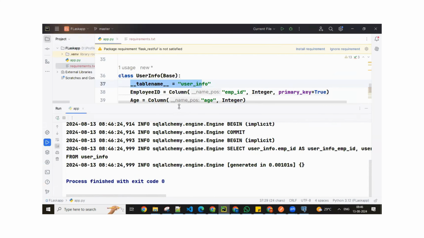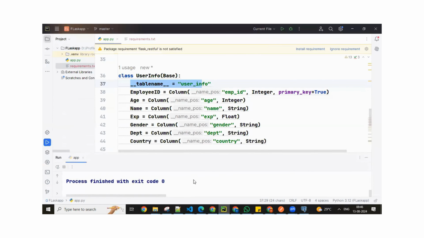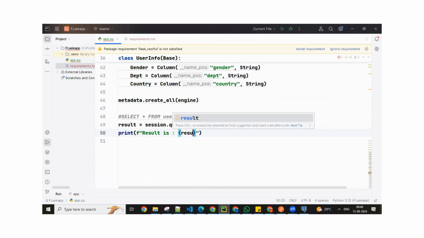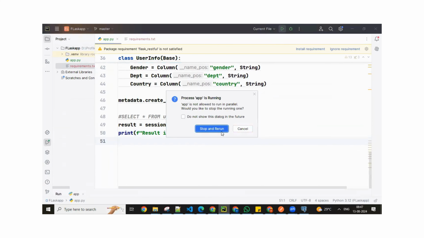You got it? What did you notice here? This time you're not seeing any error, and you're not seeing any message either, right? Because the table is just created, and when it comes to this particular issue, we are not printing anything. Let me print something that says result is, so this is rows from the table, result. Got it? If I go ahead and execute this now one more time,